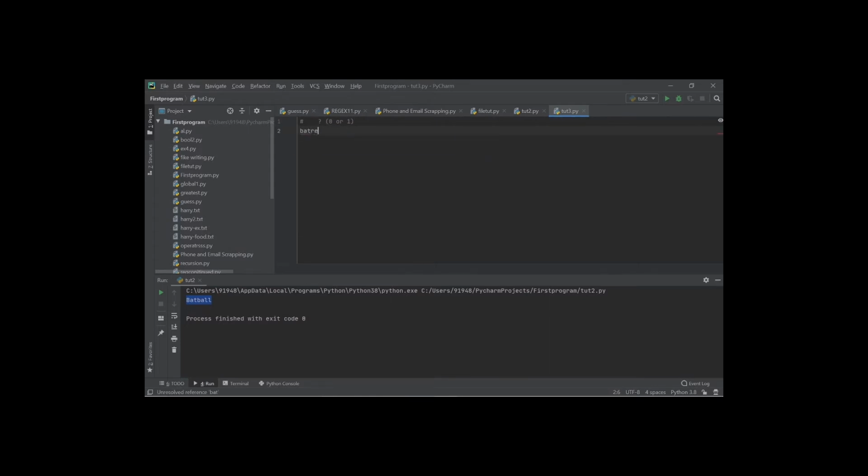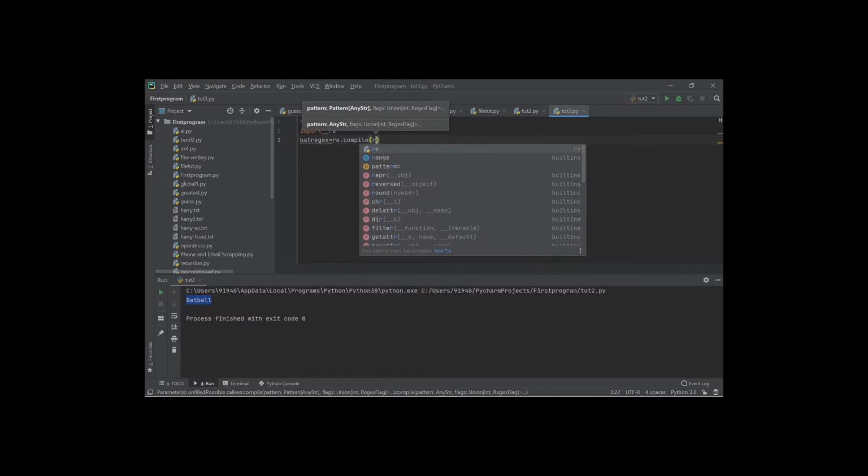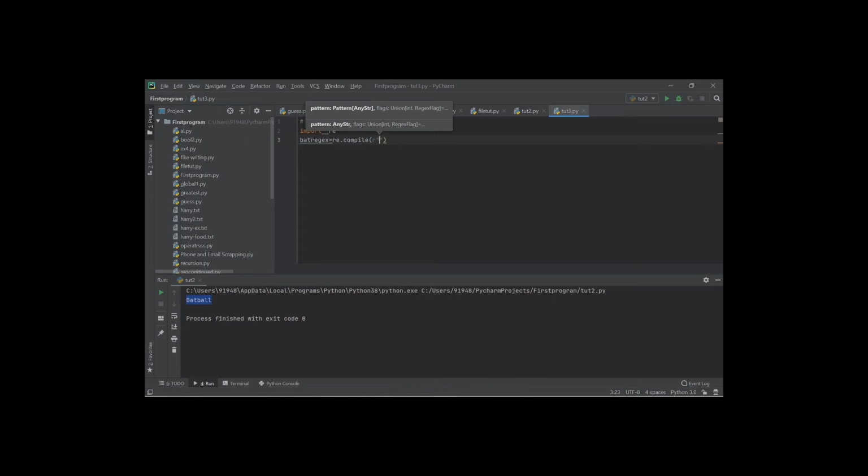Bat regex. Let me create an object. First of all, we have to import the re module. Import re. Okay, we have imported it successfully, and let me create a bat regex expression. Let me create an object with re.compile. Let me use a raw string. Even you guys use raw strings, don't forget it anytime. I have used the raw string, then Bat.